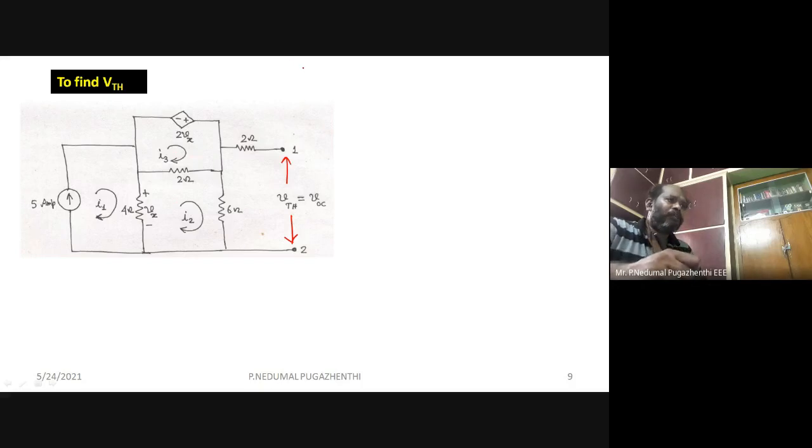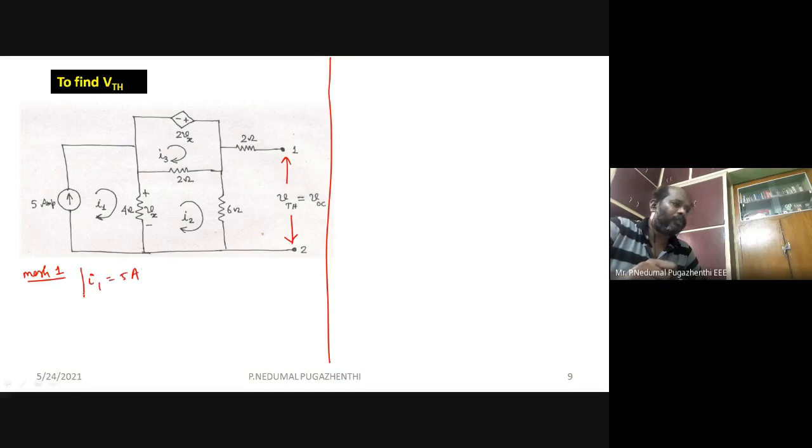So based on mesh 1, what can I write? Okay, I will draw it back. From mesh 1, I can write I1 is equal to 5 amperes, because it's a current. Current is 5 amperes here. And mesh 2,